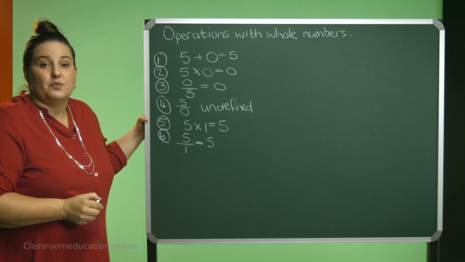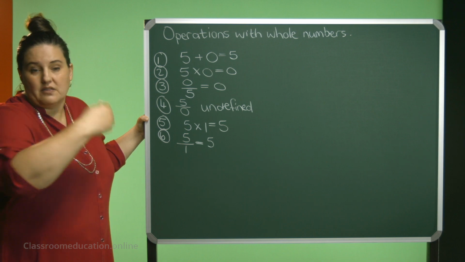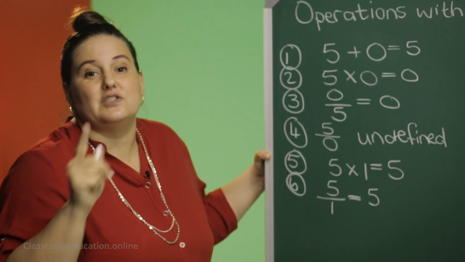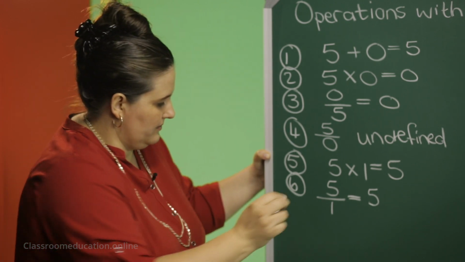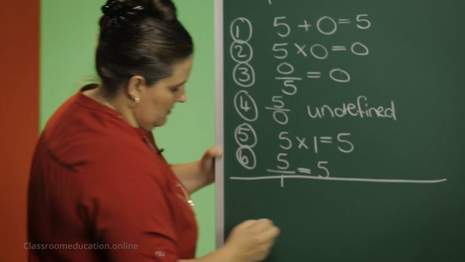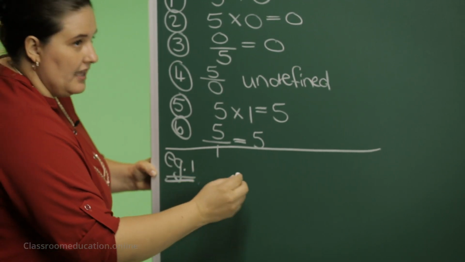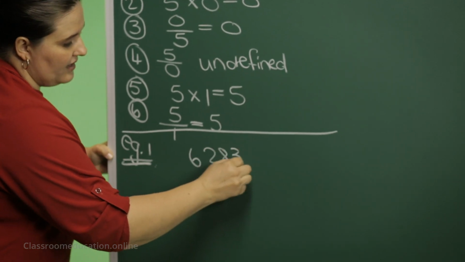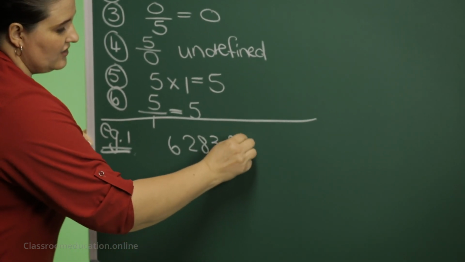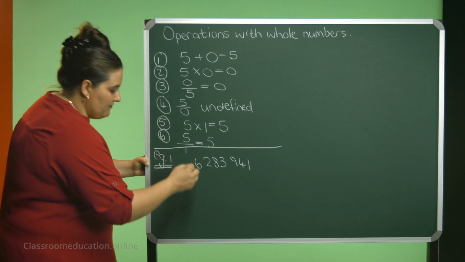Right, now that we have quickly had a look at the characteristics of the 0 and the 1, let us do some operations with whole numbers. Let's start with addition. Example 1. I have 6,283,941 and I need to add